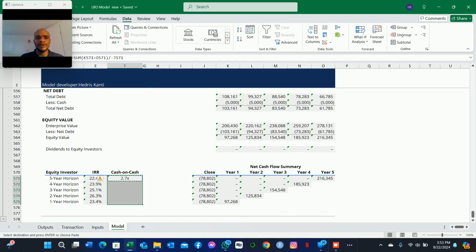Copy this, Alt ESF, formulas. As you can see, in the very fifth year, if this private equity exits, they will exit with 2.7 times the initial investment amount. And as they go down, you see that it moves from 2 times to